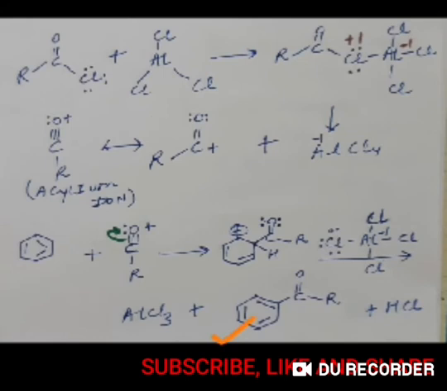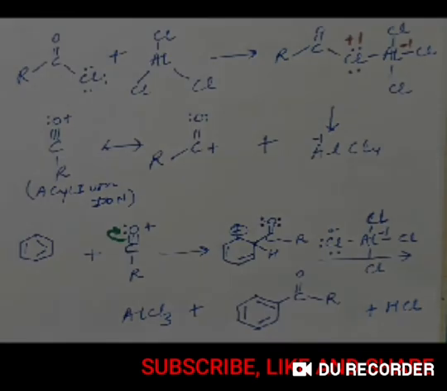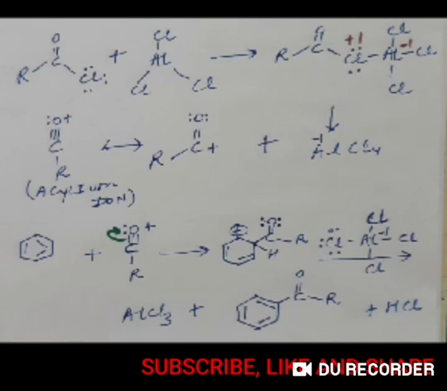Okay, and the byproducts produced here are HCl and AlCl3. So that is about the complete mechanism of Friedel-Crafts acylation reaction. What you can observe in this case, that in case of acylation reaction, or even in alkylation reaction, it almost has the same mechanism. So AlCl3 has a very important role to play and it has the tendency to generate an electrophile, that is a carbocation.